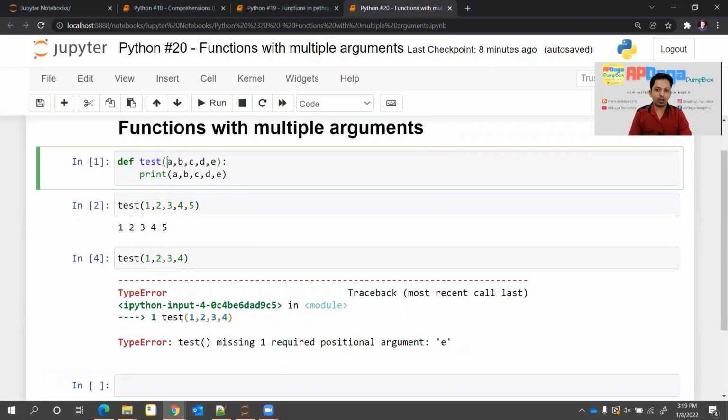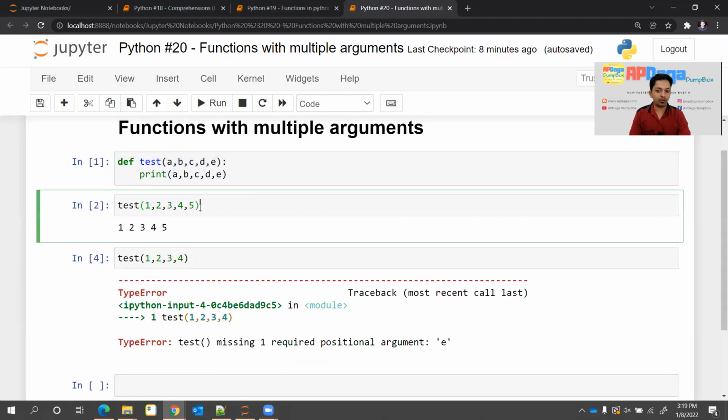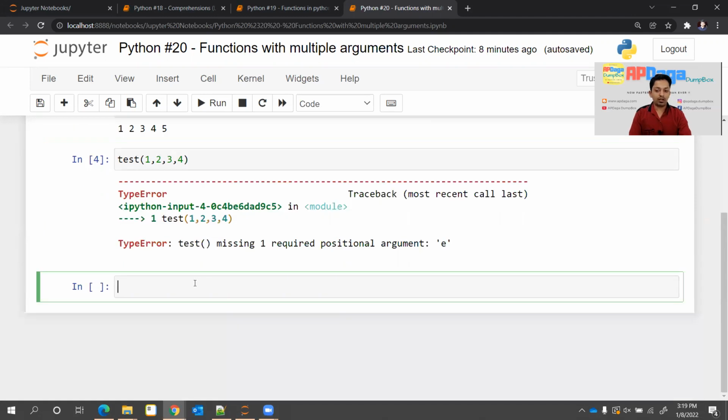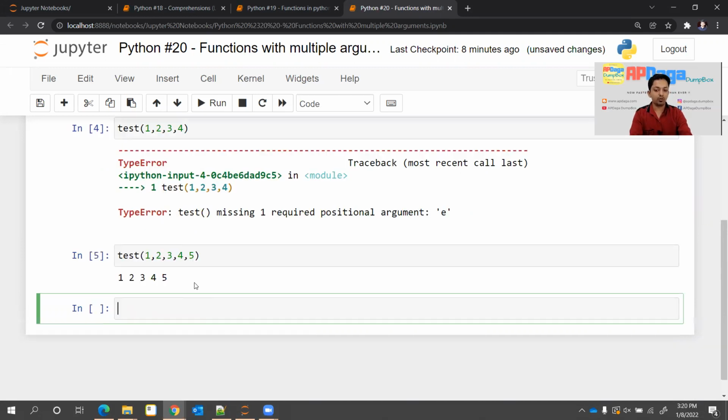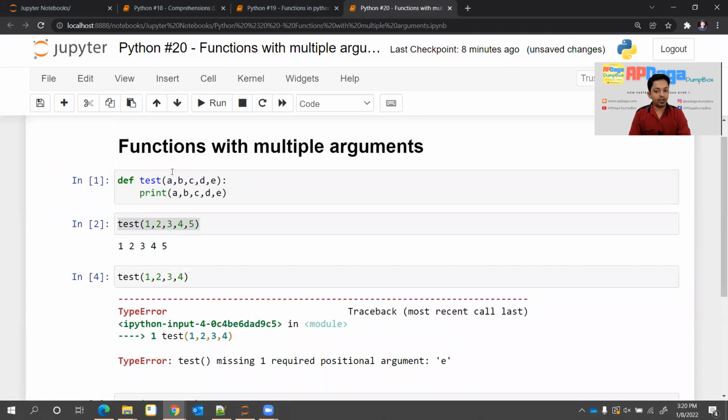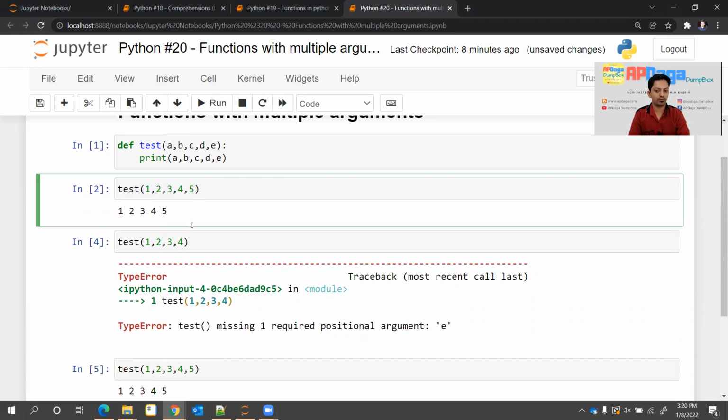Here you can see I have passed 5 variables a, b, c, d, e. In the function definition, I have mentioned 5 variables. And when I call the function, I have just passed five values like 1, 2, 3, 4, 5. If you look here, by default A has taken the value 1, B has taken the value 2, C has taken the value 3, D has taken the value 4, and E has taken the value 5.